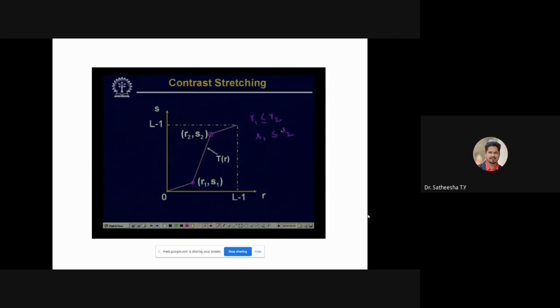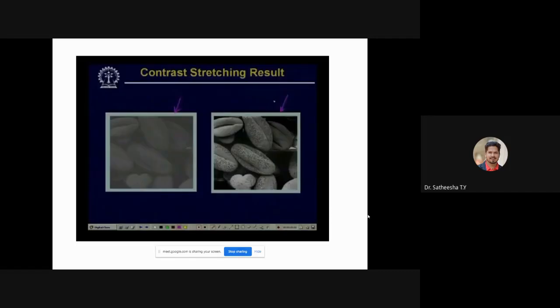So now you can come to one more figure here. Using this particular transformation function, let us see what kind of results we can obtain. In our earlier slide, we have shown an image which is a very low contrast image.